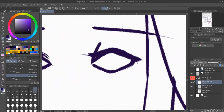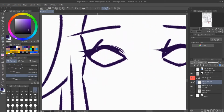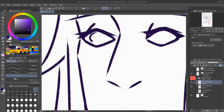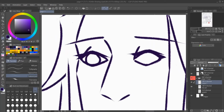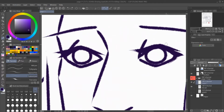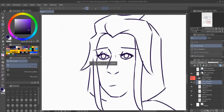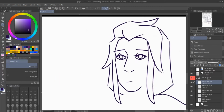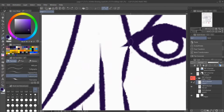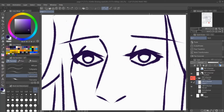Yeah. Just also, before I end this video, a quick note on the drawing that I'm doing right now, is that I went into drawing this with the intention of making it the final line art layer, but then after I was done, I was looking at it and I realized that I didn't like how thick the line art was. So I'm just going to once again treat this part that I'm doing right now as a refined sketch layer. And that does make me sad, because